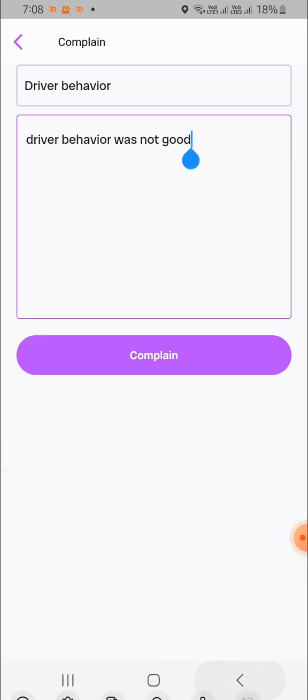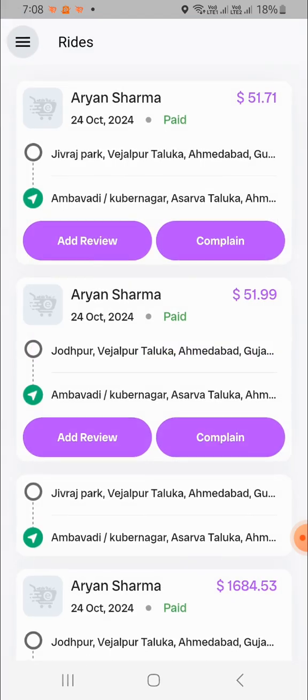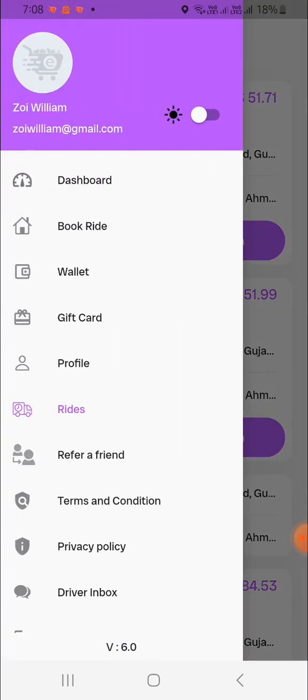Click on the complaint button to submit this complaint. Okay, so the complaint is submitted successfully, and the admin can see this complaint and take any action on it.